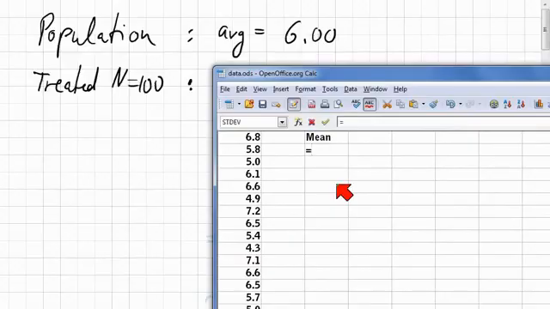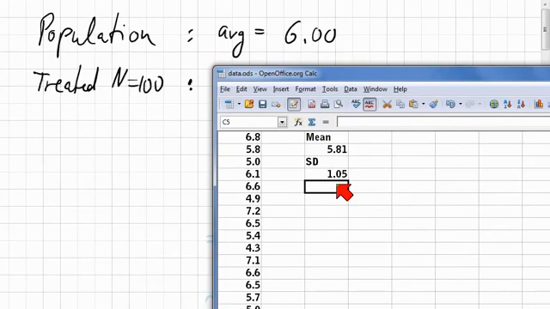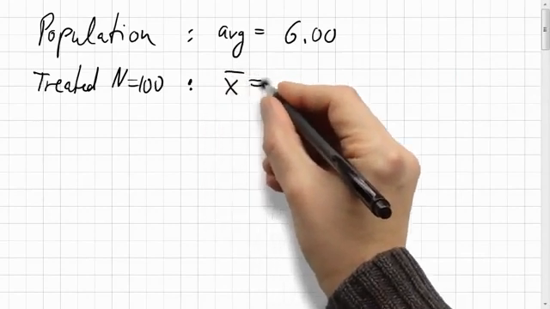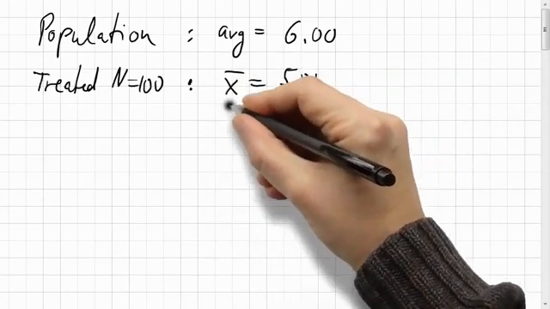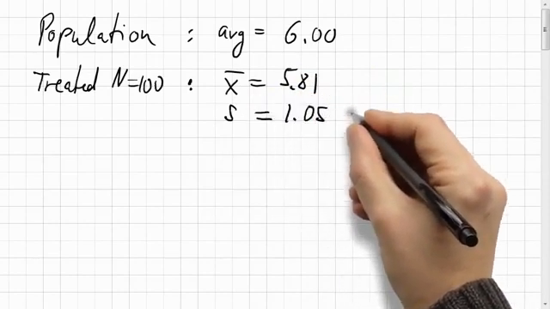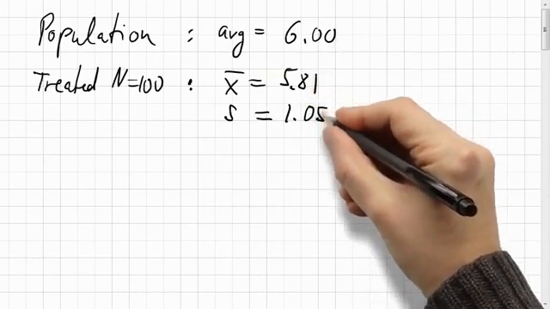Let's compute the mean of the cells A1 through A100 and the standard deviation of the same cells. So we've got a mean of 5.81 and we've got a standard deviation of 1.05. This looks as though this level went down, but on the other hand,